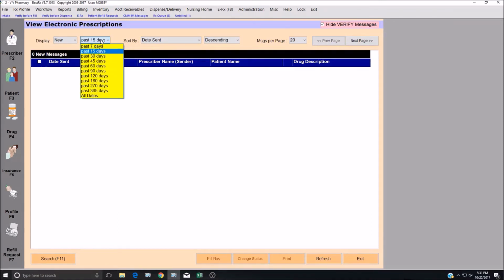And this is for the past 15 days that we're going to search. And we're going to sort it by date sent. Messages on the page are 20 or 250, whatever it is. This is just something you can look at on the ERx screen. Now, the way you search an ERx,